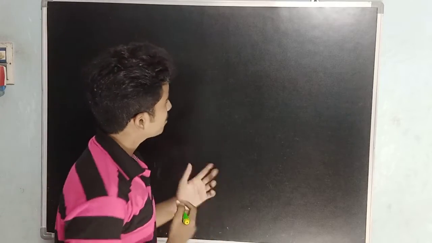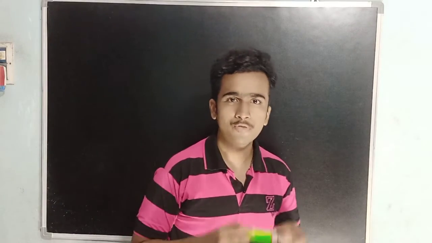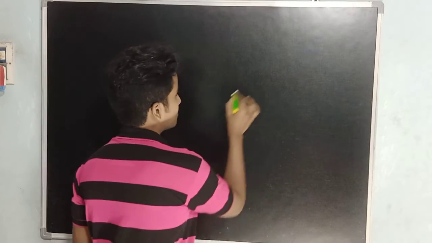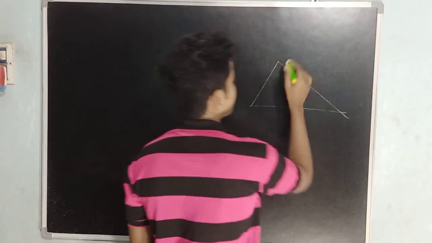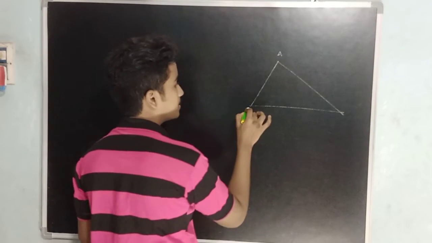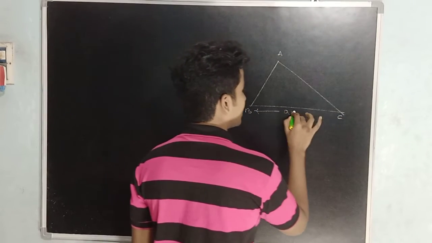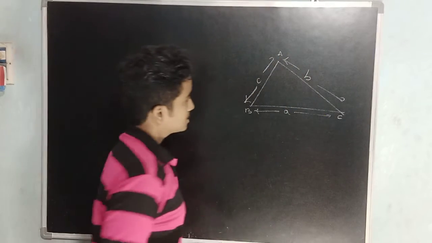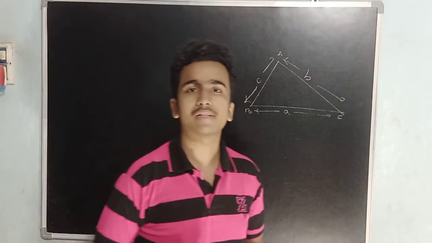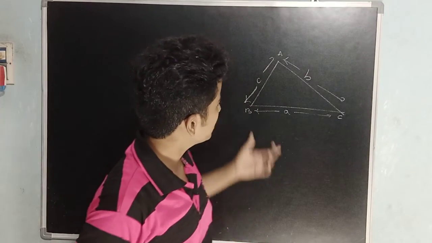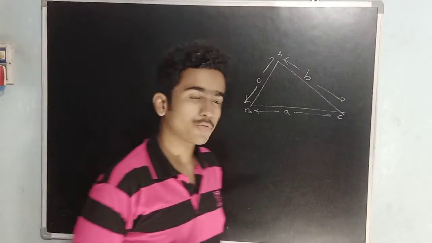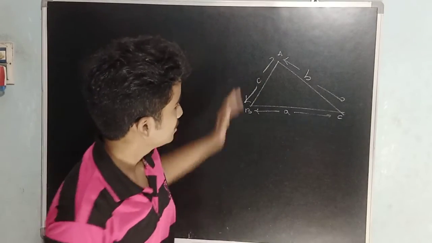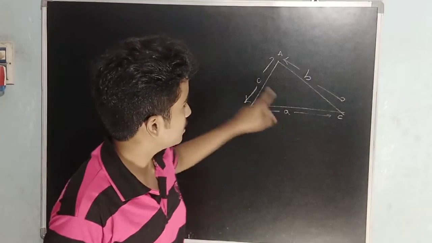Previously we have discussed the half angle formulas for sine, cos as well as tan, and we have discussed another form of area of triangle. Suppose this is triangle ABC whose sides are a, b and c. Suppose we have not been given any angle. Of course, we can find these three angles using the cosine rule, given these three sides.